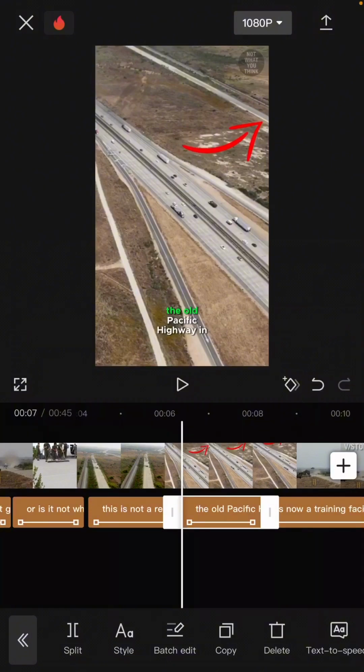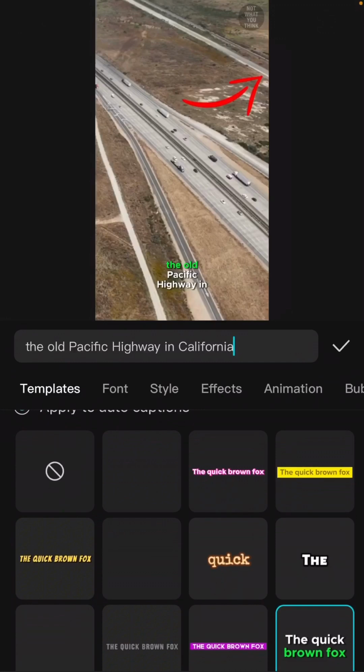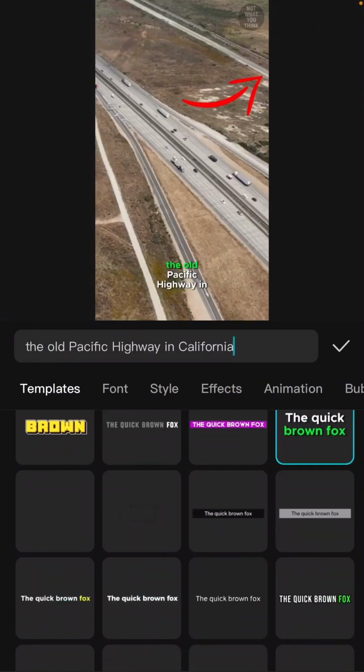Or if you're not okay with this style, if after generating your subtitle you're not okay with this style, you can change the style down here at the bottom here. You can see style here. Just click on style, then select any style you want. Let me choose another style so you can see. Let me choose this one,